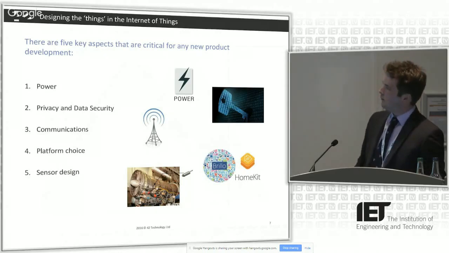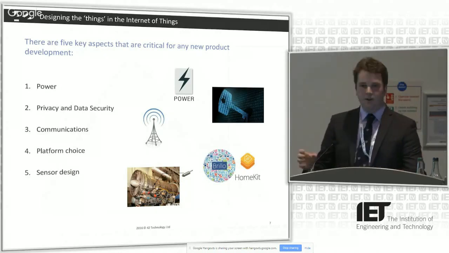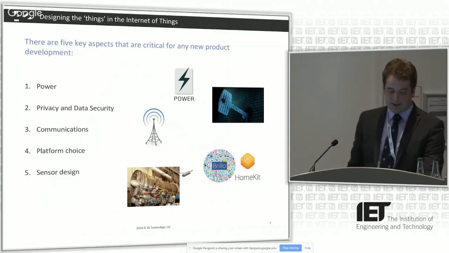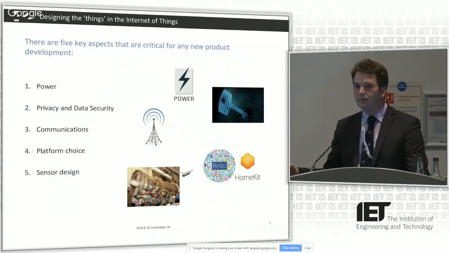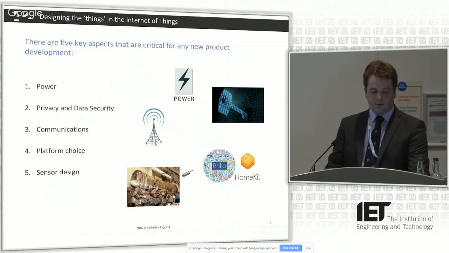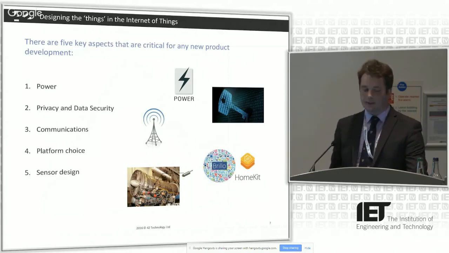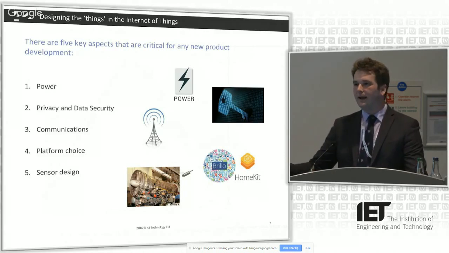Platform choice, number 4. With low-cost hardware and development starter kits becoming more widely available from lots of different vendors, the barrier to initial device prototyping is getting lower all the time. You've got a lot of players like Apple bring out HomeKit, Google have brought out Brillo and Weave, and what they're all doing is trying to be the winner in the battle for the platform.